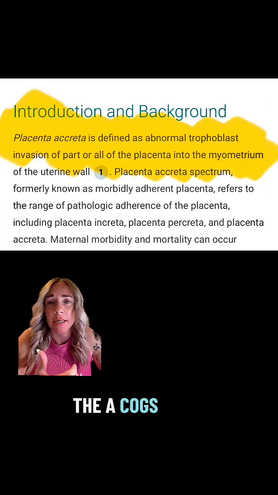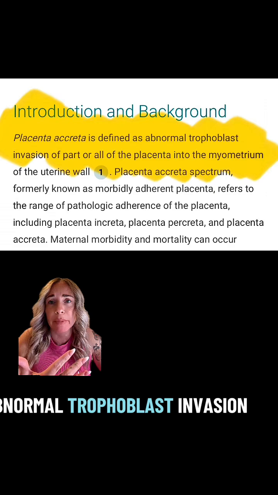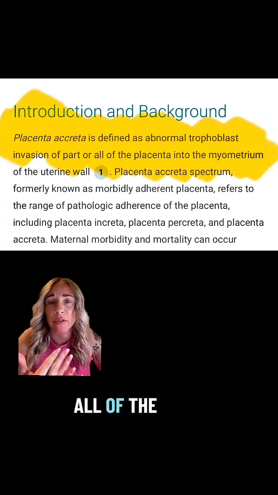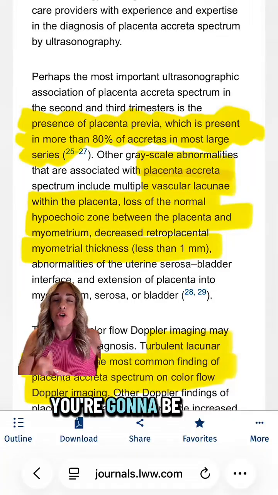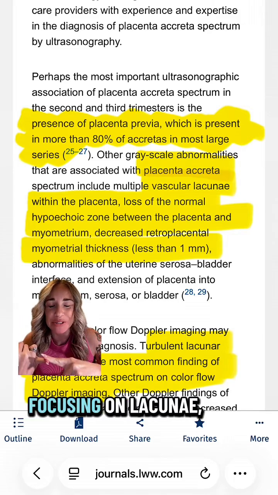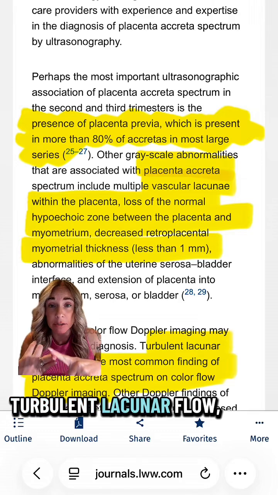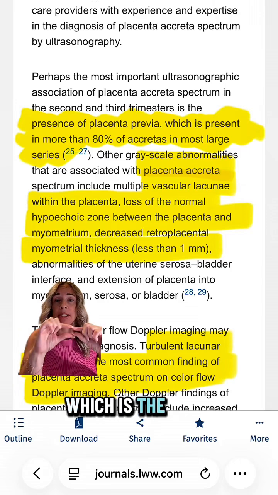I pulled up the ACOG's definition of placenta accreta, and it's defined as abnormal trophoblast invasion of part or all of the placenta into the myometrium of the uterine wall. You're going to be focusing on three distinct features: lacunae, turbulent lacunar flow, and loss of the hypoechoic zone, which is the area in